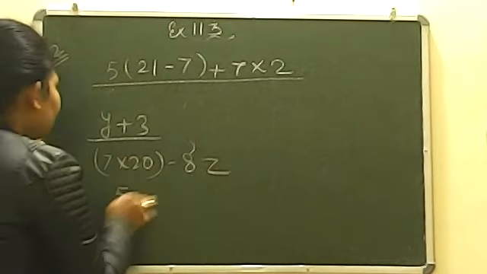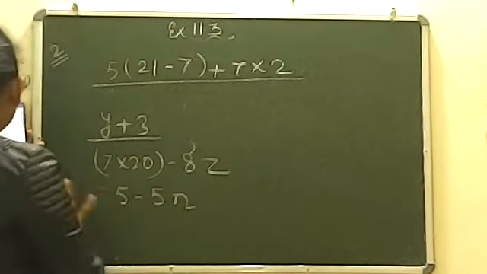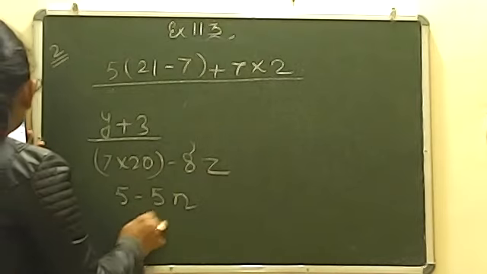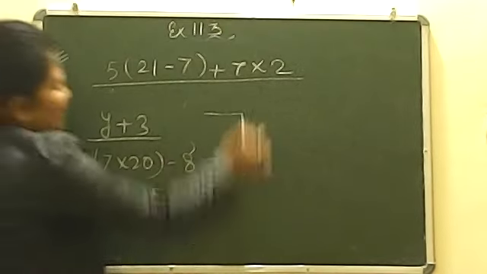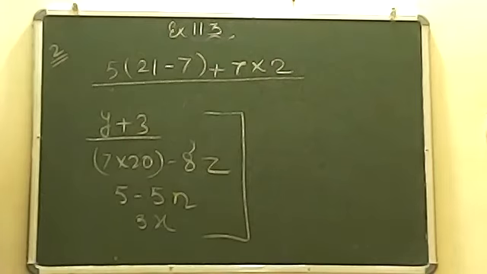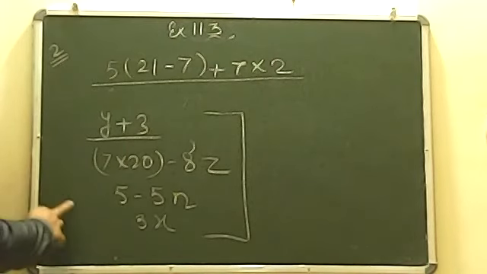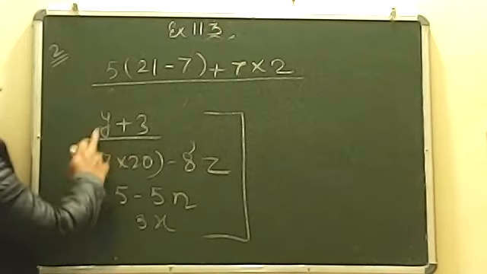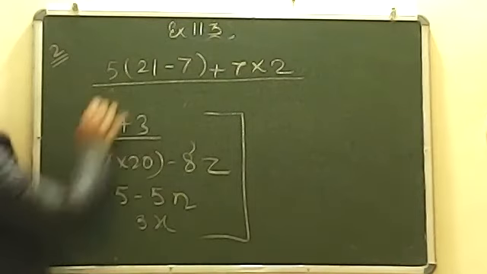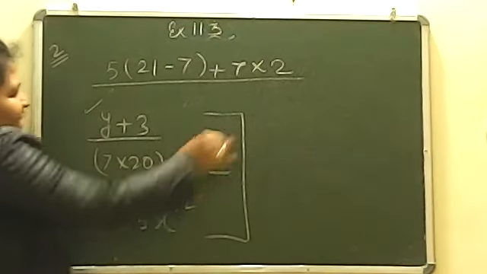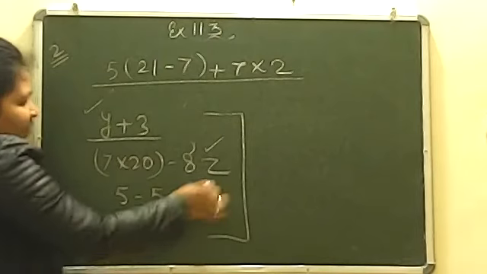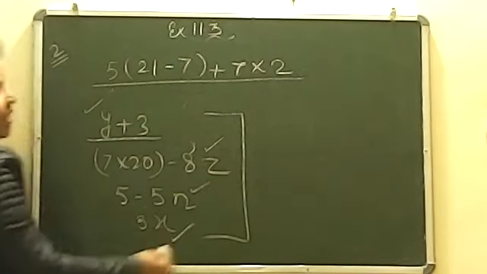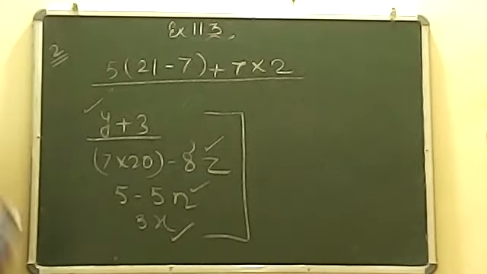And what about this as well? Do these have only numbers? What do you say? क्या इनके पास केवल numbers है? Yes or no? Do we have these expressions with numbers only? No, certainly not, because they have variables also. Here we have y variable, here we have z variable, here we have n variable, here we have x variable. It means all these expressions have variables also.